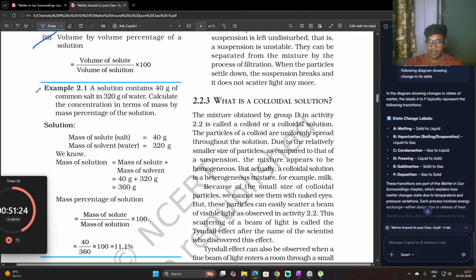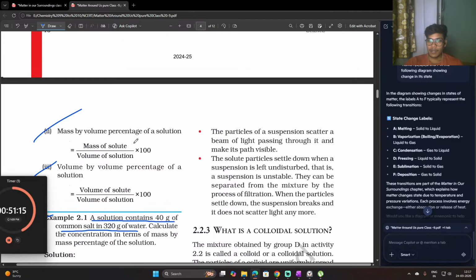Here is a given example: a solution contains 40 gram of common salt and 320 gram of water. Calculate the concentration in terms of mass by mass percentage. Mass by mass they are saying, right? So I will take 40 gram of common salt, and 40 divided by, I will take this is the solute,